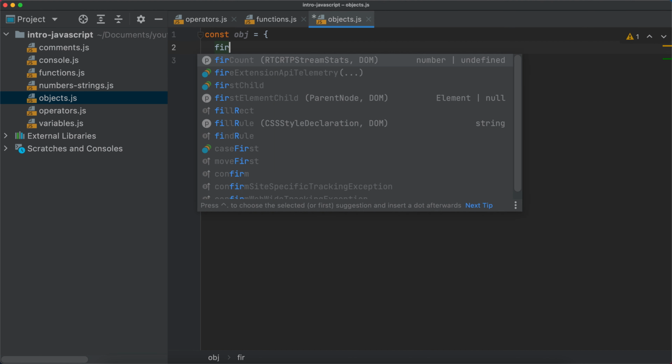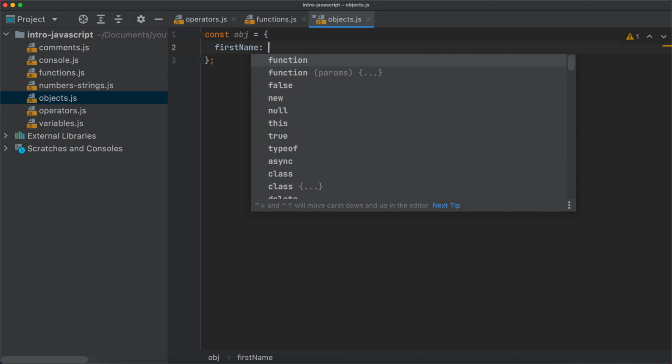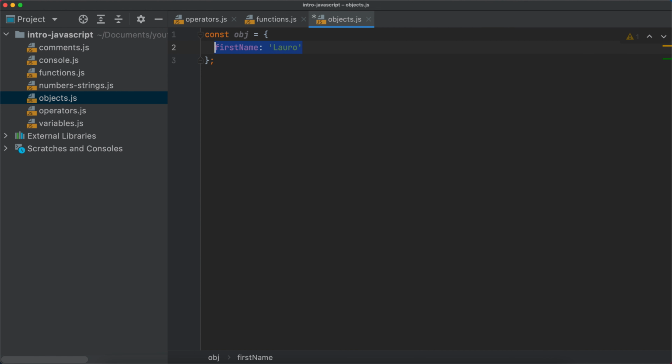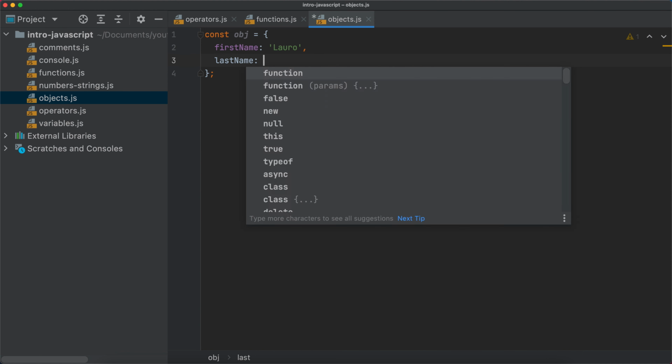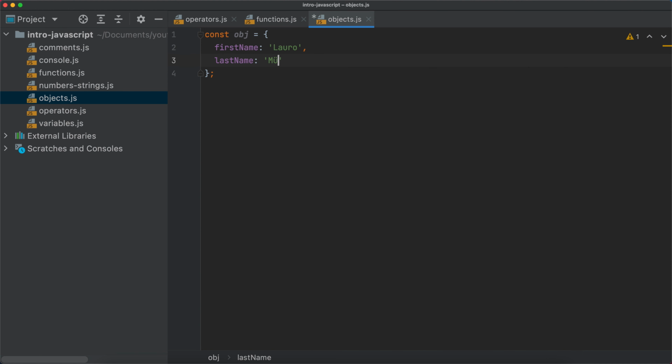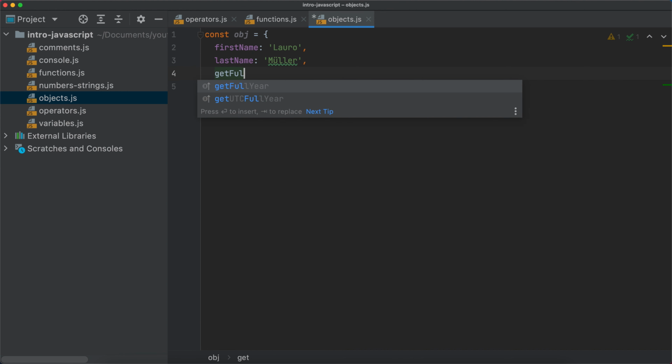Then I can say first name. First name is going to be Lauro. This is what is called the property of the object. So let's declare another one. Last name Müller. This is another property of the object, but we can also have methods, and methods are nothing